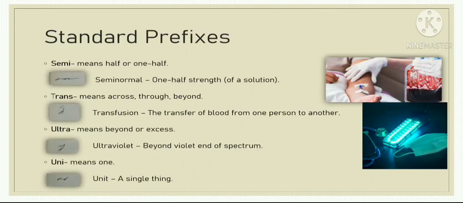There are standard prefixes in this lesson. First is semi, which means half or one half. For example, seminormal, which means one half strength. Next is trans, which means across, through, beyond. For example, transfusion, the transfer of blood from one person to another. Next is ultra, which means